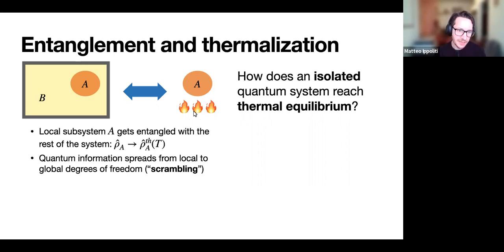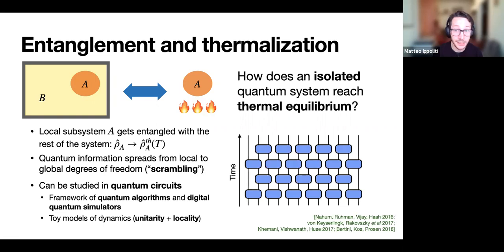And so even though there's no irreversibility at the level of creating or destroying information, we effectively gain this irreversibility from the fact that information flows from local degrees of freedom into global or highly nonlocal degrees of freedom that inhabit the entire system. And this phenomenon of information spreading from small operators into big operators is known as scrambling, and it can be investigated in quantum circuits.